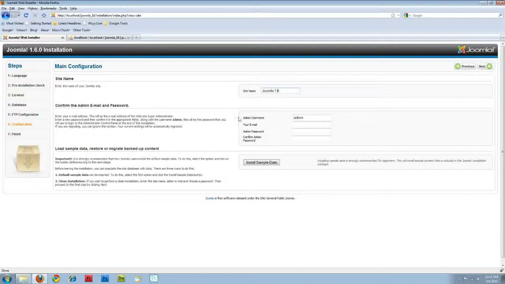And then this admin username, this is a new feature to 1.6. 1.6 is an alpha, so it's not complete yet. It's at 1.5.17 for the actual full stable package, but this is new to 1.6, I believe, and this allows you to change your actual admin username. Before, you'd have to go in and create a new user, then demote the admin user to a lower level, or completely change the admin username in the Joomla console. This is very nice. So I'll go ahead and put in my name, Nick Hewitt, and then I'll just do my email address,